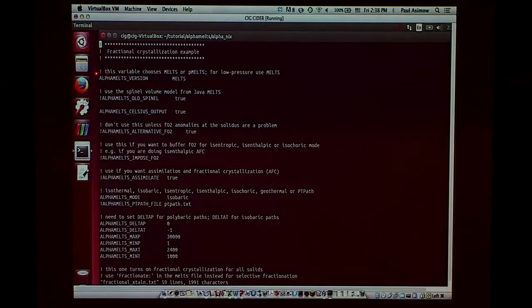First important one, AlphaMelts version. This can be melts or pmelts. Those are the only legal choices here. Okay, phmelts will be turned on somewhere else. Rhyolite melts is not yet included in the AlphaMelts code. It will be soon. Okay, so this is going to be a melts calculation because this is low pressure fractional crystallization of the basalt in the crust. Okay, Celsius output is handy for some people. If you don't define that, you'll get Kelvin. Okay,